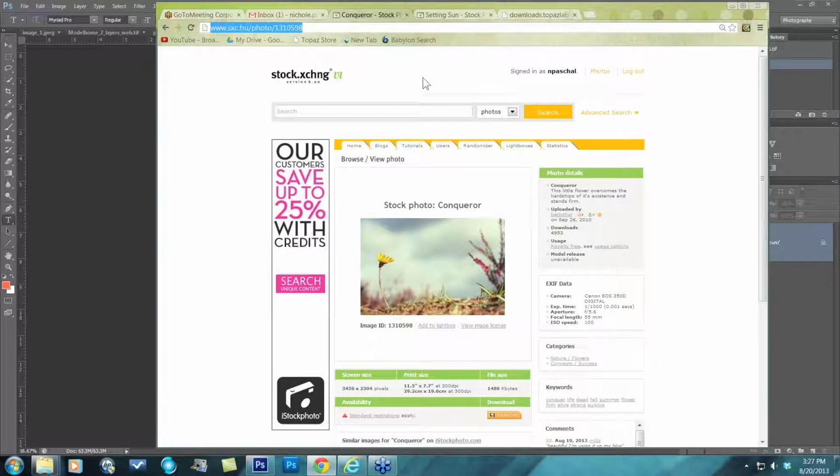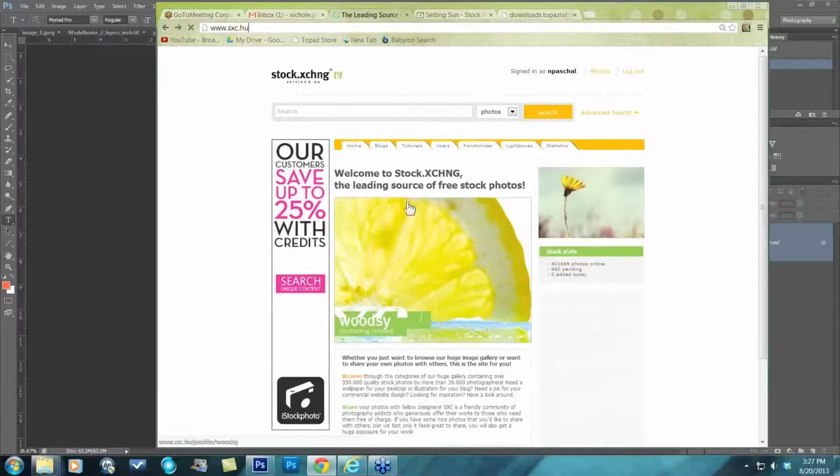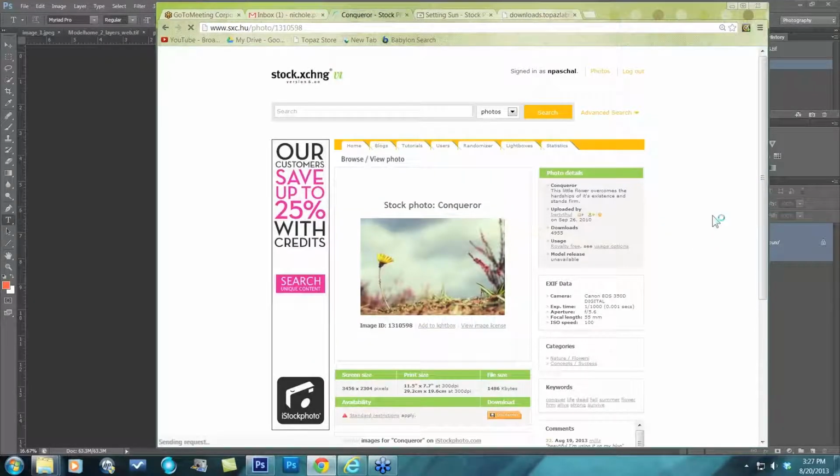So I feel comfortable downloading from this site. Let's see here. I really like this one. When I first came into the home page, this was their daily inspiration image over here on the right,